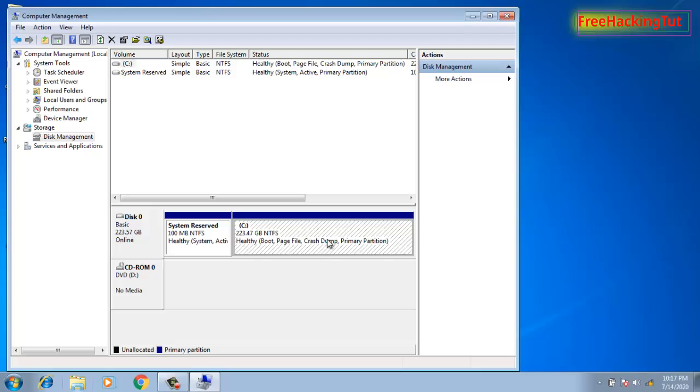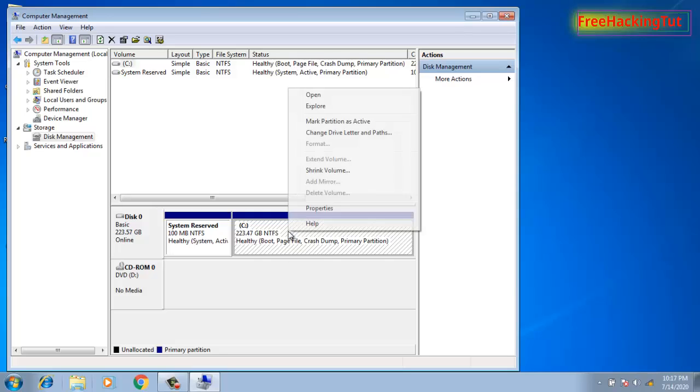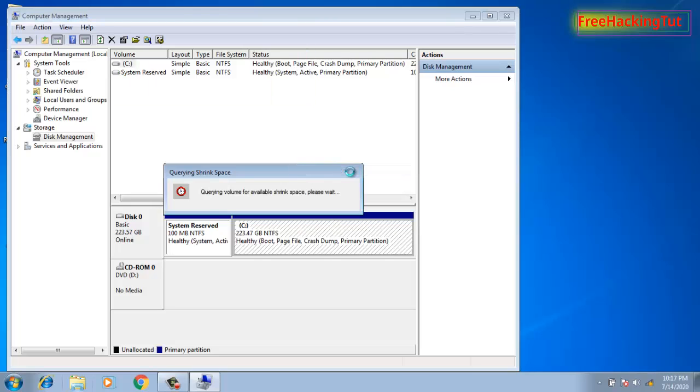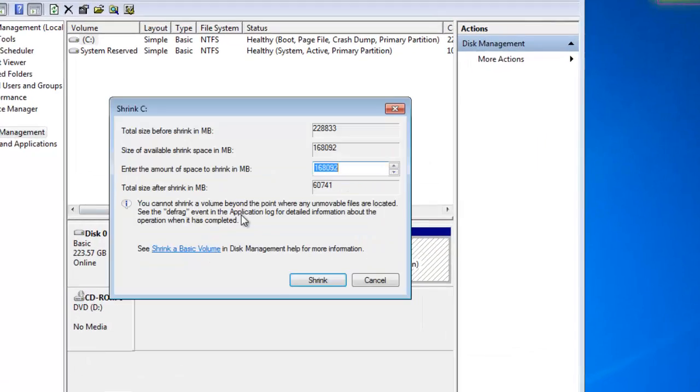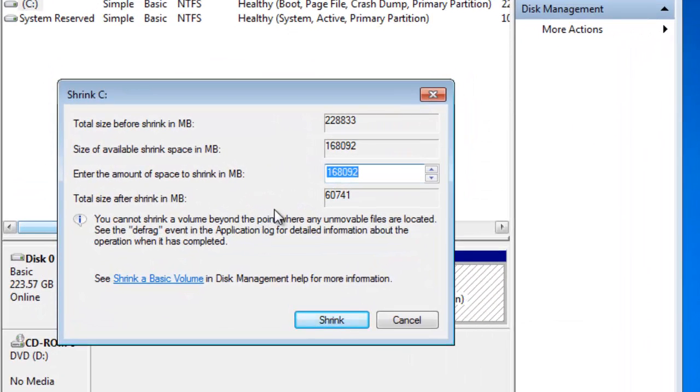So now right click on this partition or volume. Now right click on it. Now click on shrink volume. So this is querying shrink space, so this will take some time, so you need to wait until the querying is complete. So you will see here total size before shrink in MB, that is